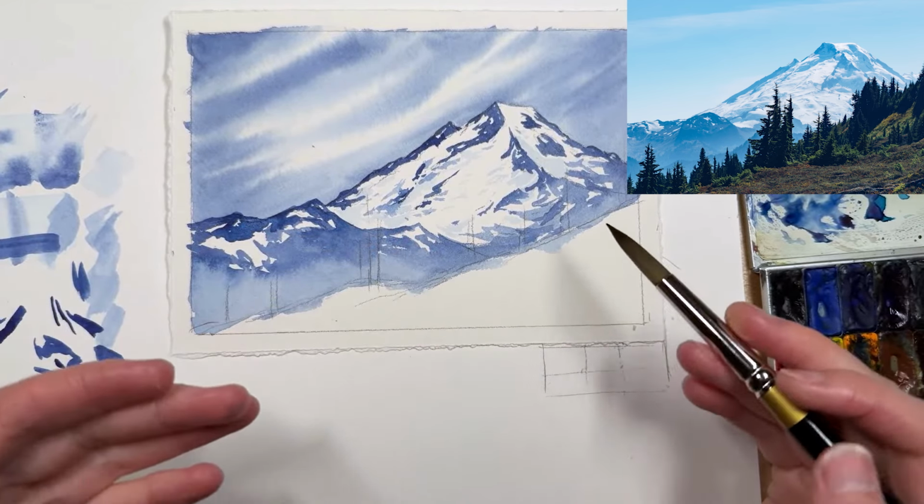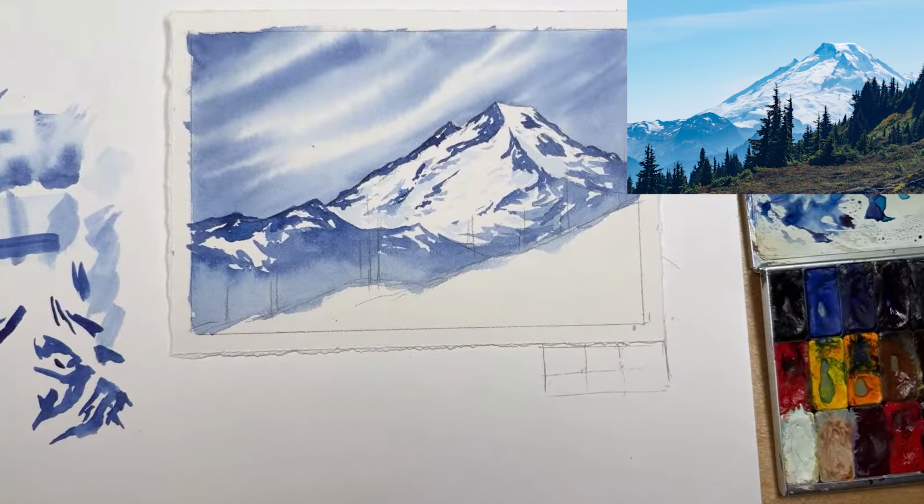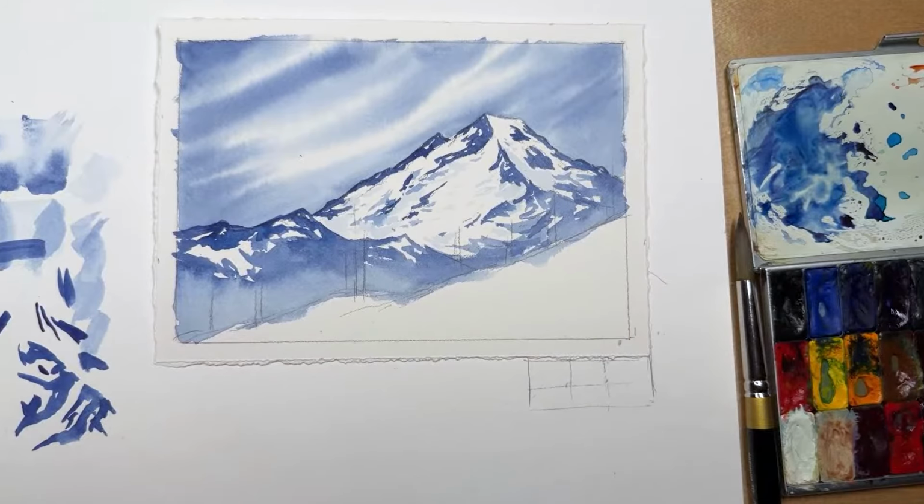Because the darker things are, in general, usually closer to us inside of a scene, and that helps it feel like we have more depth there. I'm just giving myself a little bit of dry time. And while that's drying, there was a fun little thing I wanted to show you, and I'm trying to find...